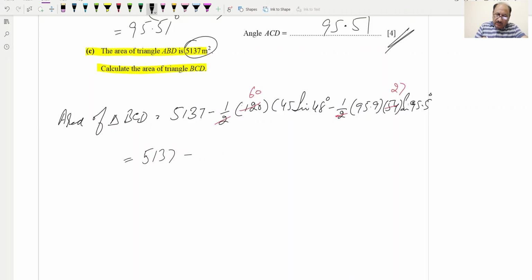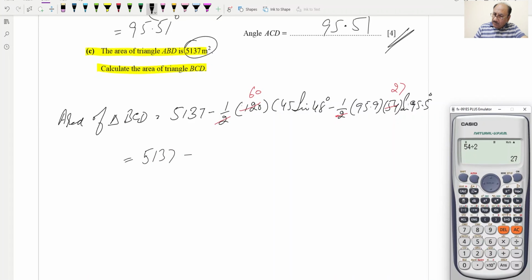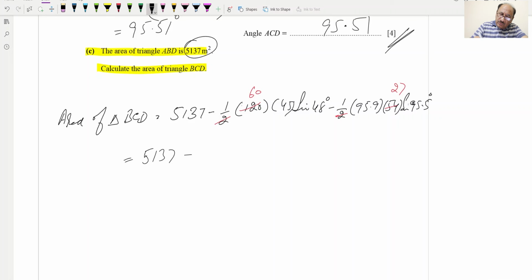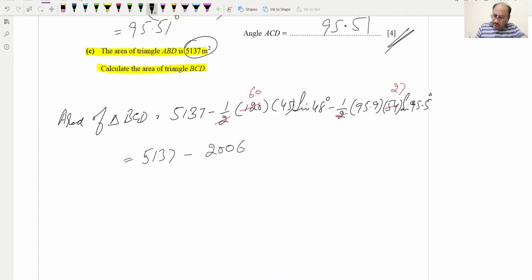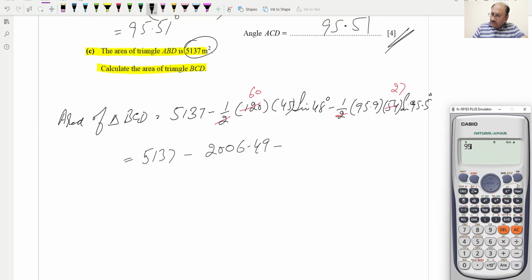Now we can write basically 60 into 45 is also there, so 60 multiplied by 45 sine of 48 degrees, and this is giving us 2006.49, and minus the next one is 95.9 multiplied by 27,